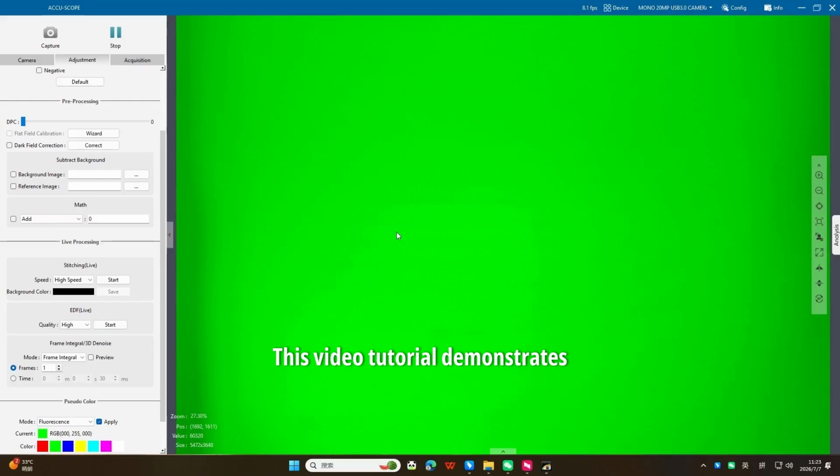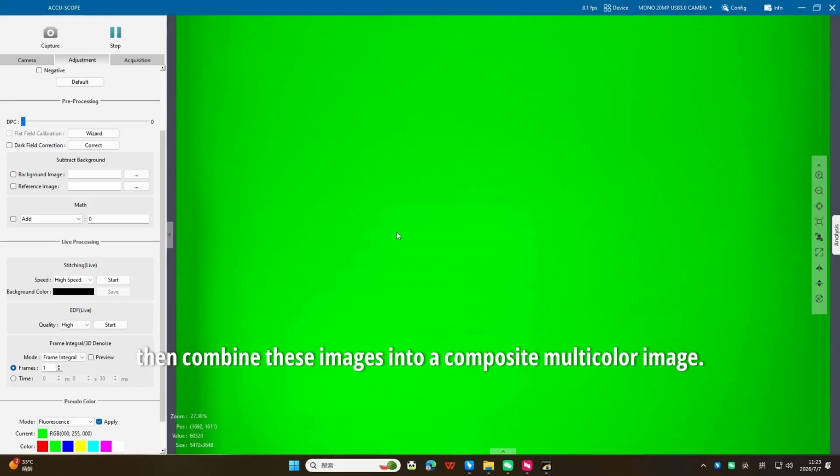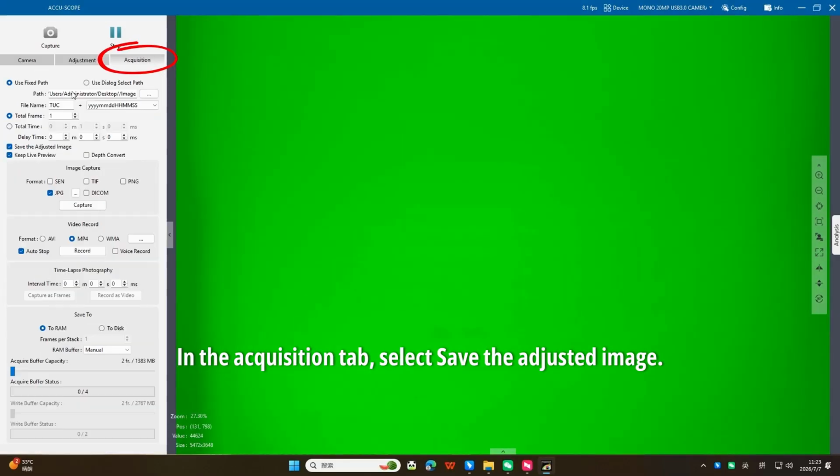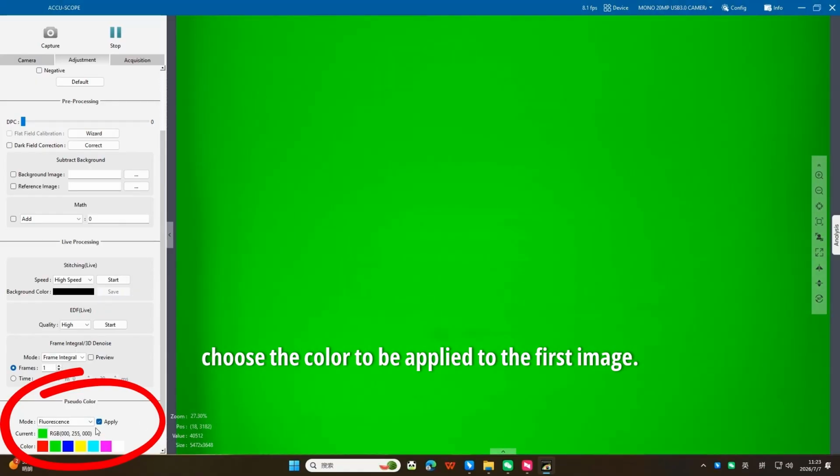This video tutorial demonstrates how to apply a pseudocolor when capturing monochrome images, then combine these images into a composite, multicolor image. In the Acquisition tab, select Save the adjusted image. Go to the Adjustment tab and in the Pseudocolor menu, choose the color to be applied to the first image,